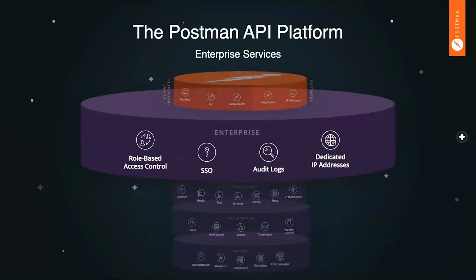And then we have the enterprise layer, which really takes up the enterprise grade of all of this. So we have the role-based access control for collections and roles for teams. I showed you the single sign-on, which makes it more seamless and frictionless to integrate your teams and manage your teams as part of Postman using your existing SSO for the enterprise. And then you have audit logs and all that observability and reporting into actually what's going on.